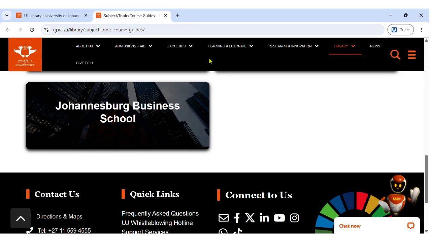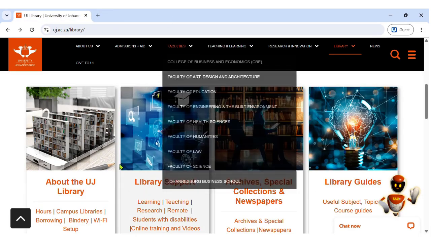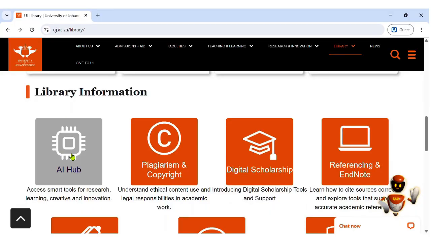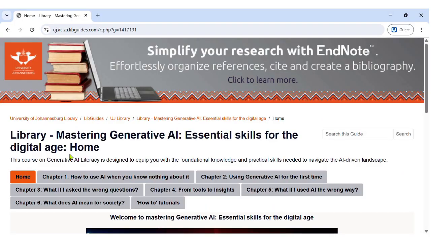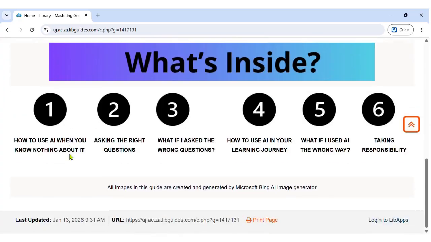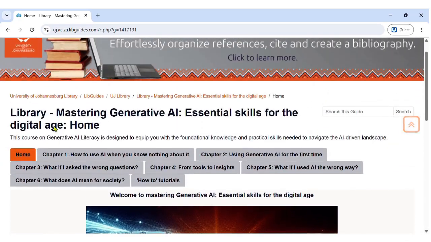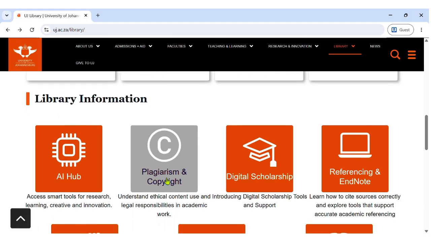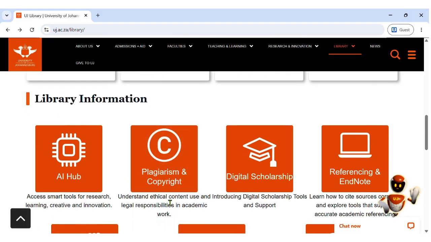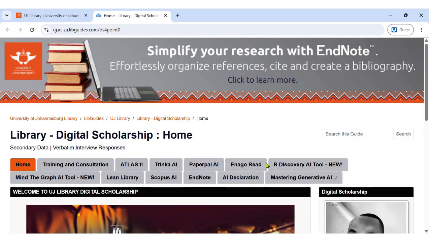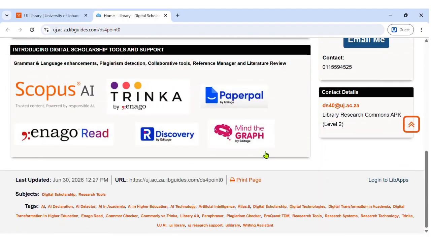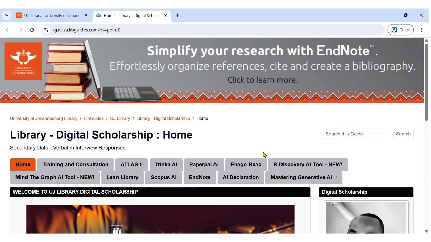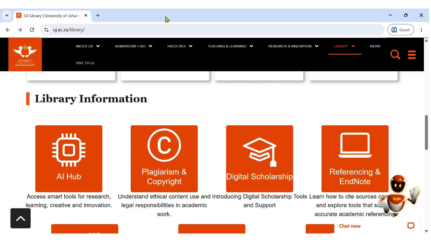Further down the page, you'll discover even more valuable resources. The AI Hub features an AI literacy guide designed to help you develop the knowledge and practical skills needed to use artificial intelligence responsibly in your studies. The Plagiarism and Copyright section provides guidance on academic integrity and explains how to avoid plagiarism while respecting copyright. The Digital Scholarship section offers access to digital tools, services, and expert support to help you create, manage, analyze, and